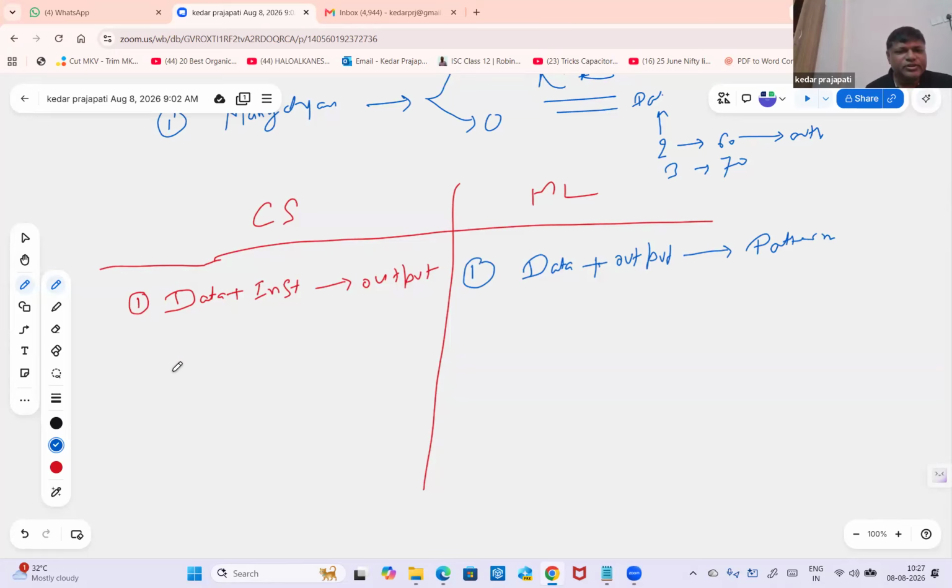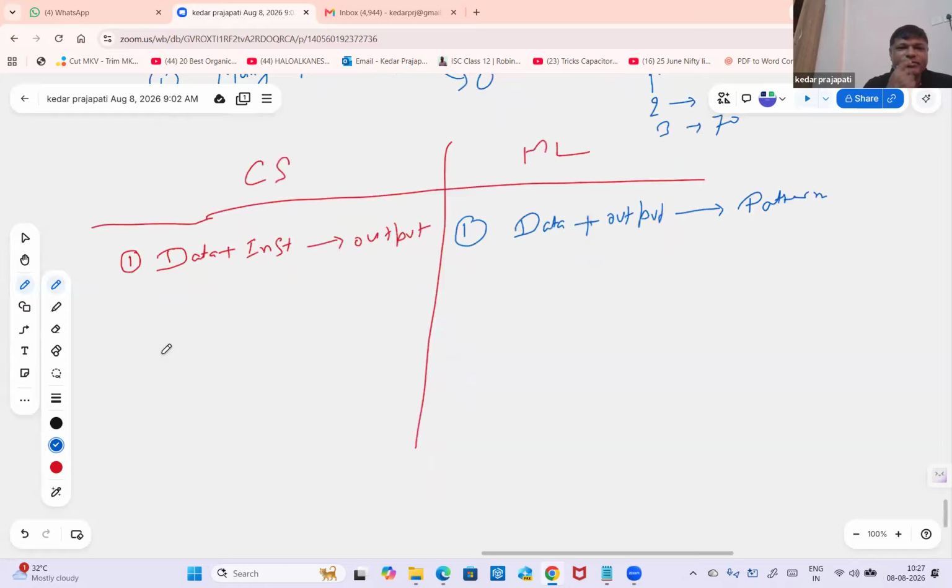In computers and traditional programs, like maybe binary search or whatever program you write today, which is not part of machine learning, we give data, right? Like, calculate if a string is a palindrome or not. So you'll be passing a string here. String is your data, and you'll be writing the logic. The logic is known as instruction. And based on that, it will say whether this string is a palindrome or not. So you will get output here.